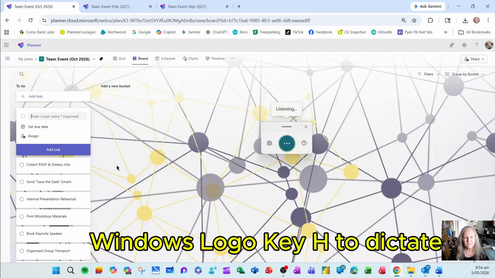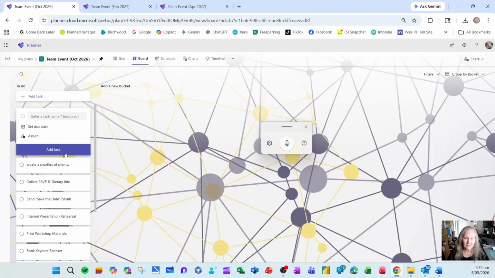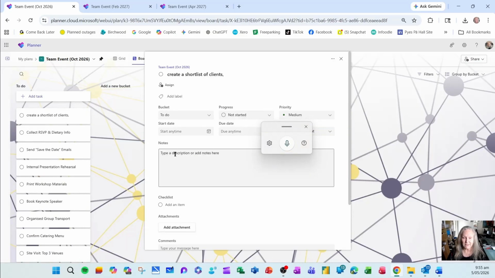Create a short list of clients. And when I press Windows H again, I stop dictating. So this is the little window here. You can press Windows H to start it and Windows H to stop it, or to stop it you can just click the microphone. So if typing's not your thing, or perhaps you are adding a task and you've got a lot of notes here,